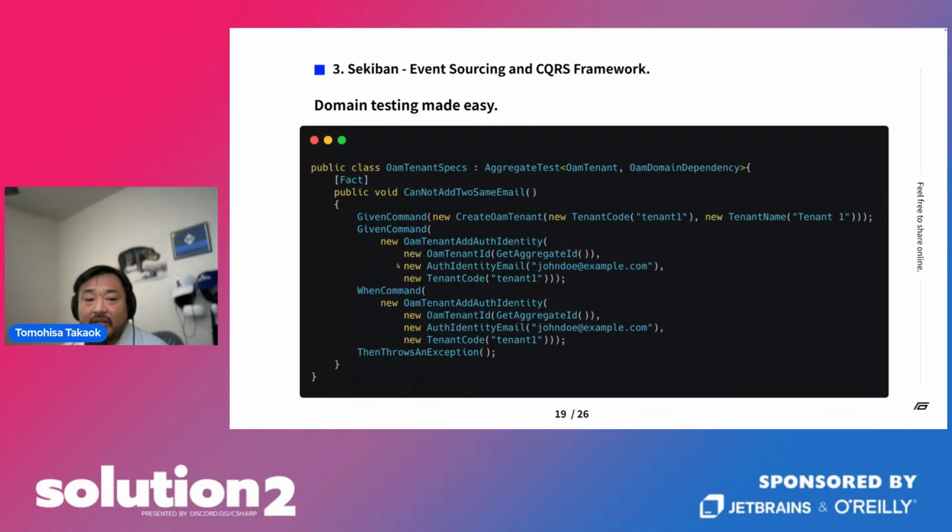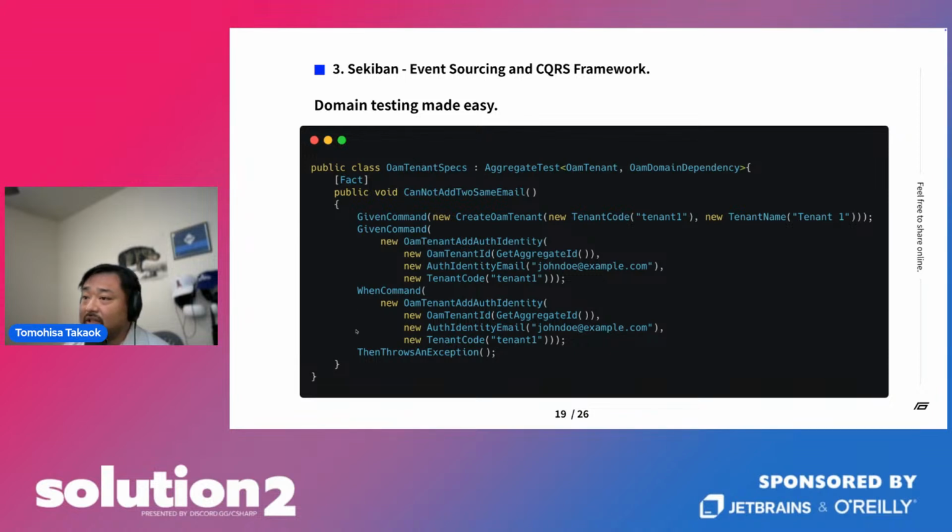And testing can be easy as well. Given a command that creates a tenant like this, and then another given command that makes the identity for John Doe at example.com. After that, when a command tries to add the same identity email, John Doe at example.com, then it should throw an exception.